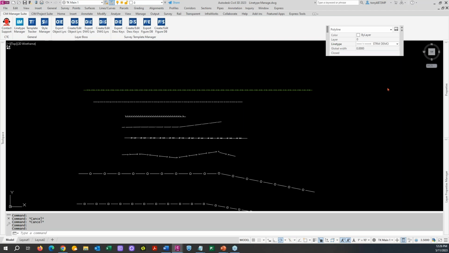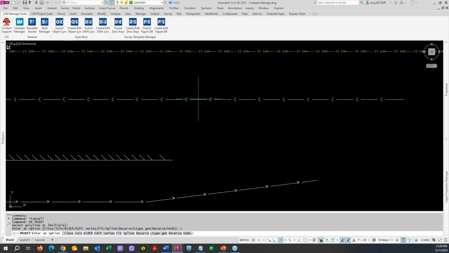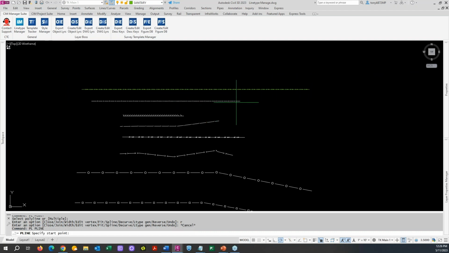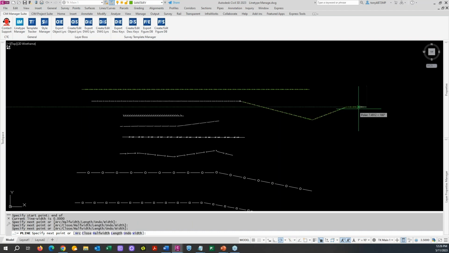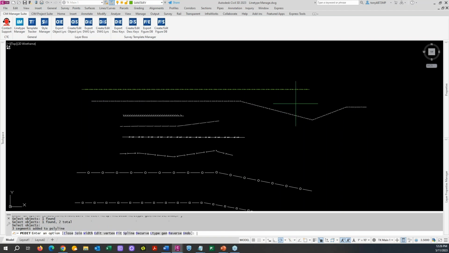Oh, it's storing demo. There it is. There we go. So if I edit this and reverse it, it shows a different direction. So these arrows are going to drop in the direction that you drew the line. And likewise, if I add link to it from there, I can do the same PEDIT editing to it, and I can join them up, and it's